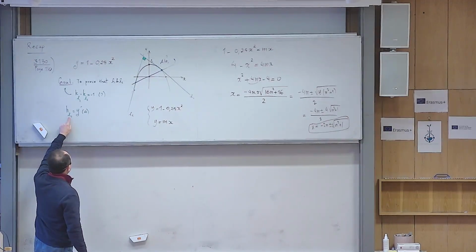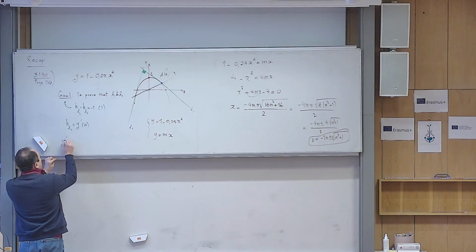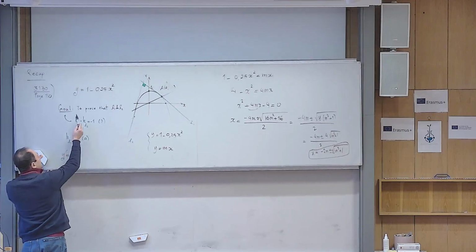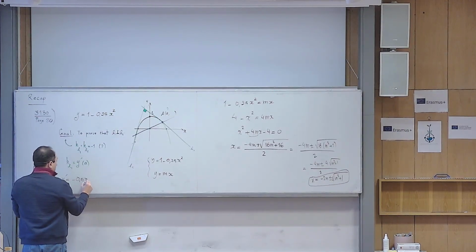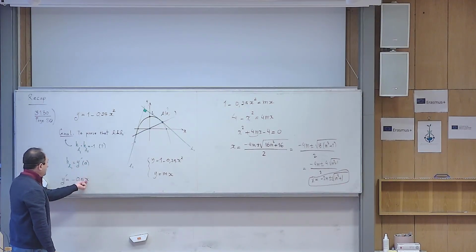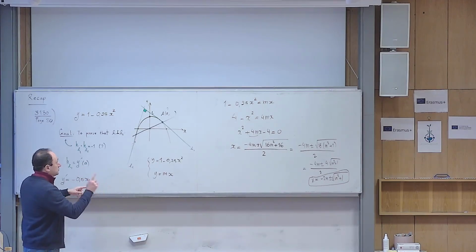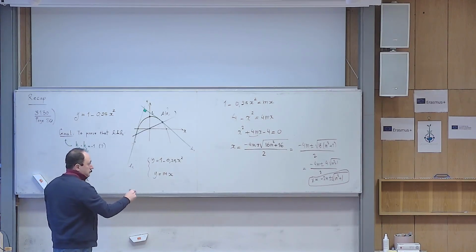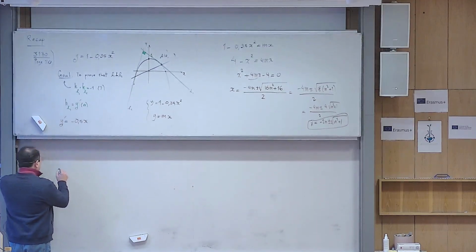Before doing k of L1, you need the derivative of the function, which is an extremely simple function to differentiate. So what is the derivative of y? The derivative of 1 is 0. 2 goes down, so it becomes minus 0.5x. Do you agree? That is the derivative. And now I have to replace the x value with the x of the point of tangency. But I learned one of them is the one with the positive sign, the other one is the one with the negative sign. So I can say that k of L1